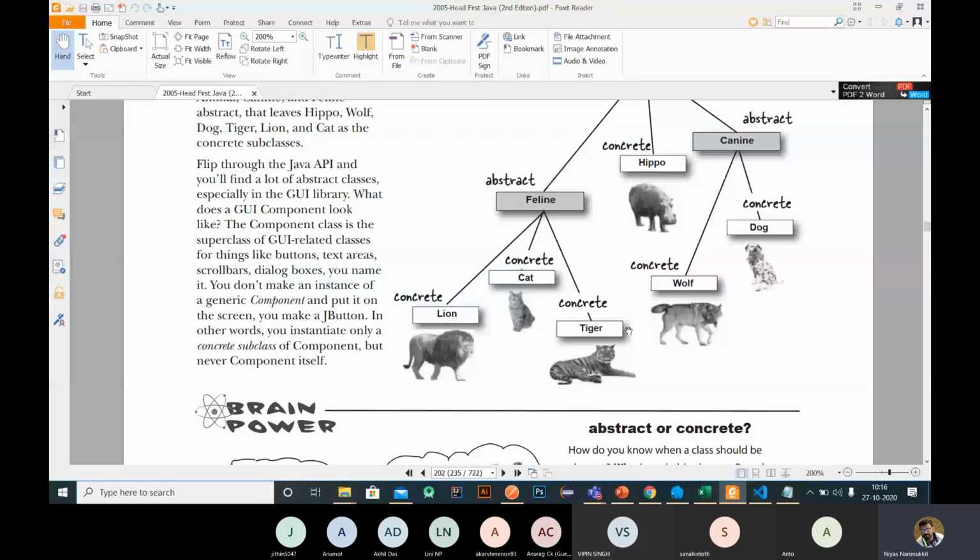Okay. So I hope all of you got the idea, right? What is abstract, how to define an abstract class, and how to define abstract methods. Concrete class means all the classes other than abstract classes are called concrete classes. So we created different kinds of classes. For example, last class we created a class called rectangle, right? All those classes are called concrete classes.